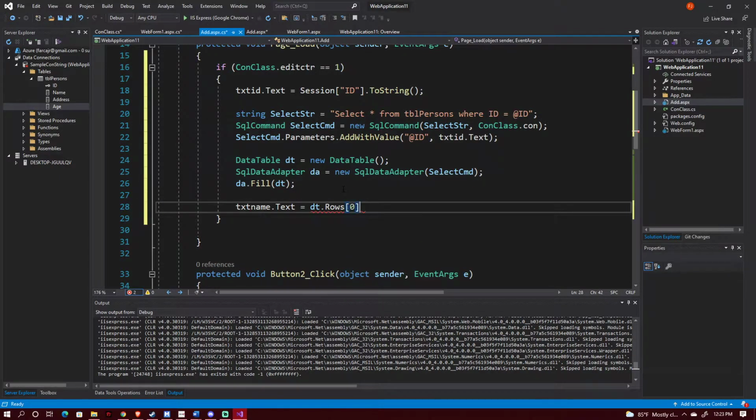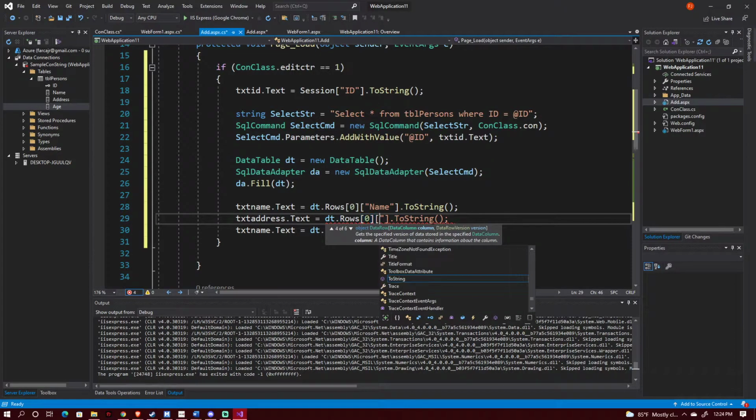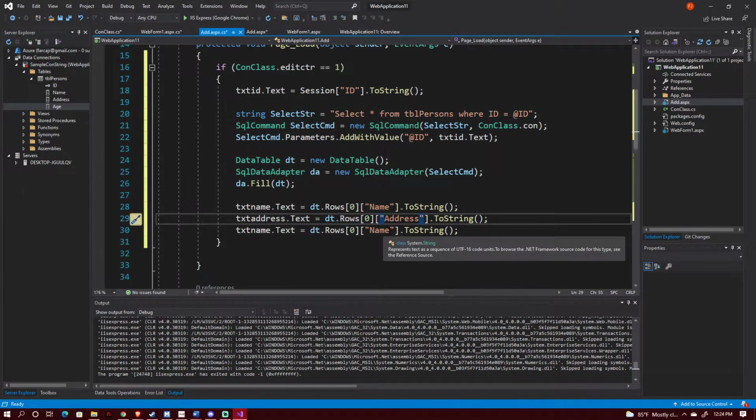So the first row is 0 in counting, and it should have there the name to string. Okay, so let's copy this two more times. So the address will also be added. Sorry, product also. Address. And also the